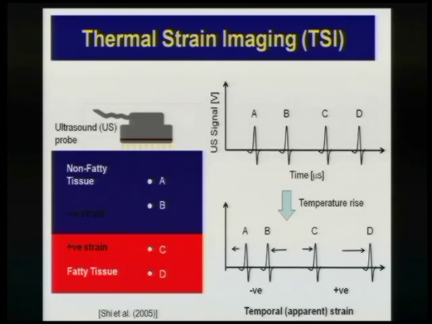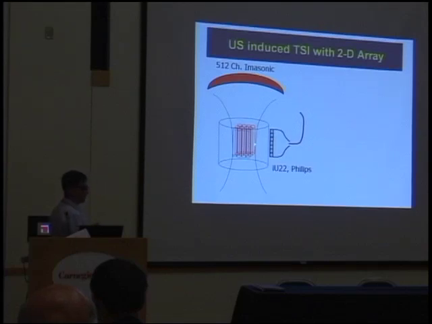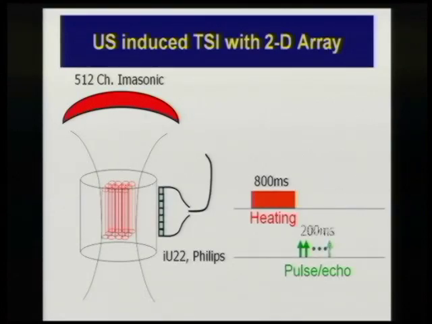If you have those strains, then we encode them, negative as blue and positive as red, and you can separate these two tissues in imaging. So just to prove the concept, we borrowed a HIFU transducer, which is designed for high-intensity focused ultrasound surgery, and we just drive it very gently. We don't want to ablate the tissue. We drive it gently enough to increase the temperature of your phantom by only 1 degree Celsius. The pulse sequence alternates heating and pulse-echo imaging, and you collect the data.